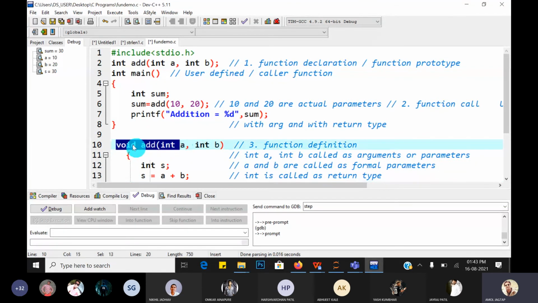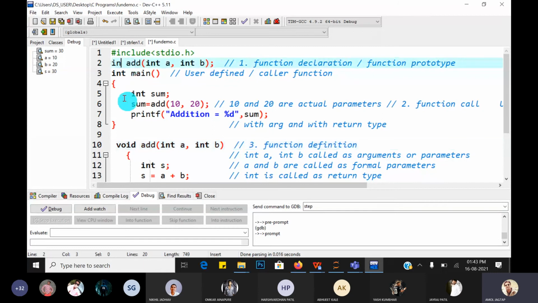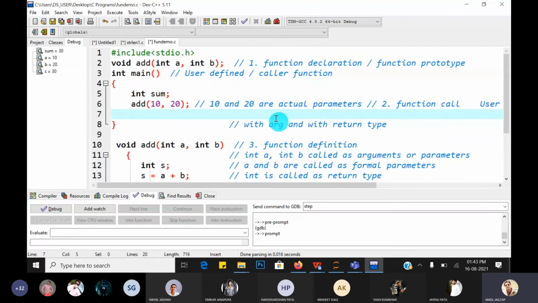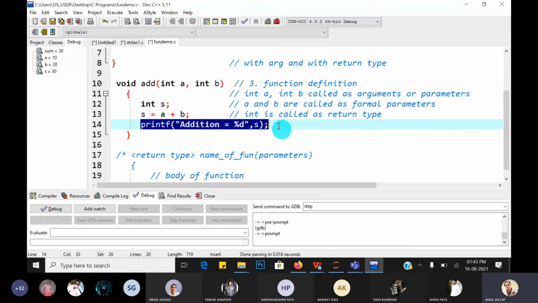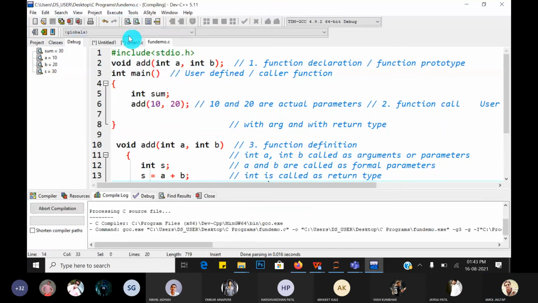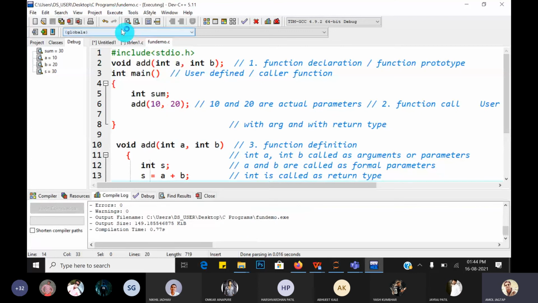This is the function definition. Okay, so the same changes we have to reflect in the function declaration as well as the function call. So the return type of the function is void, so write void here. The function does not return any value, so no need to catch it into some variable. So remove that. Also, the main function does not return any value. It's the duty of the add function itself. Great. So the output is the same. The output of this program is the same, but